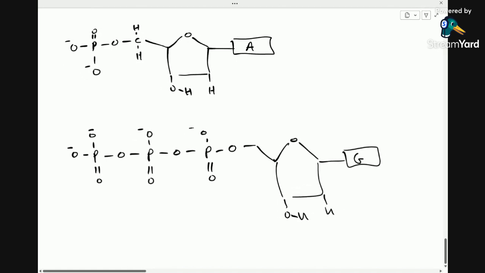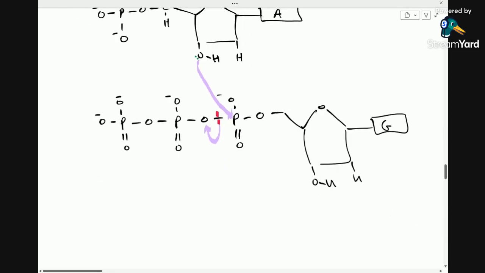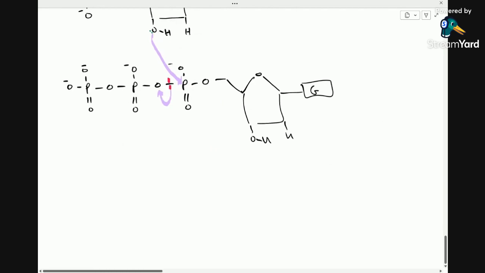And the mechanism is as follows, where my lone pair here attacks that phosphorus, and this bond then breaks and gets given back to that oxygen. So if you imagine the two lone pairs of electrons on that oxygen that have just done the attack in green, and I've got two lone pairs in red here that are then going to be broken and given back to that oxygen. So the end product would be